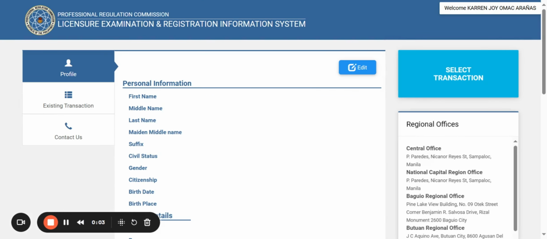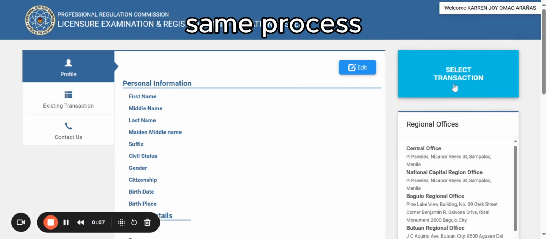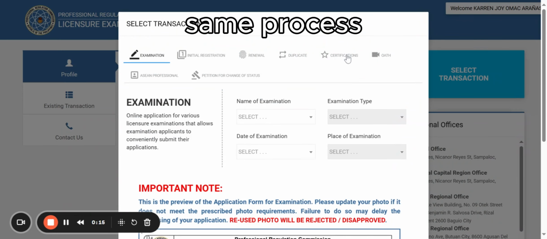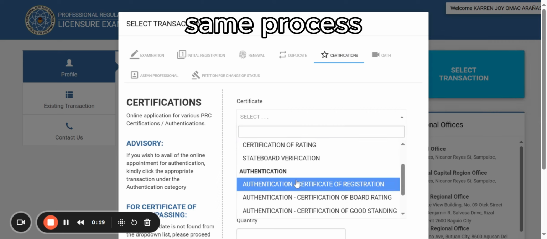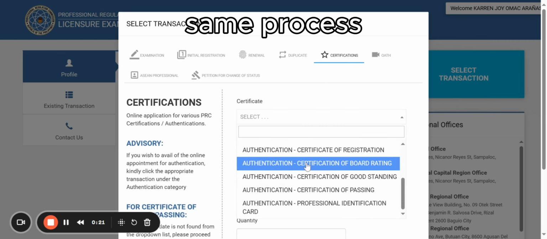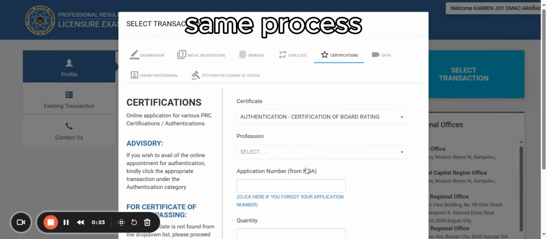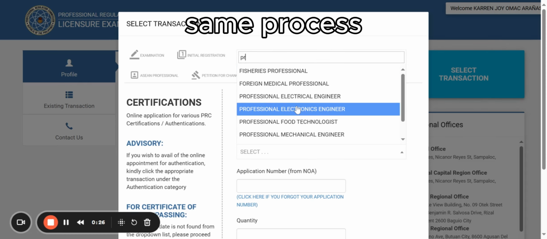For the authentication for board rating, same process, you need to select transaction. Click certifications, and you can see here authentication of board rating. Professional teacher.